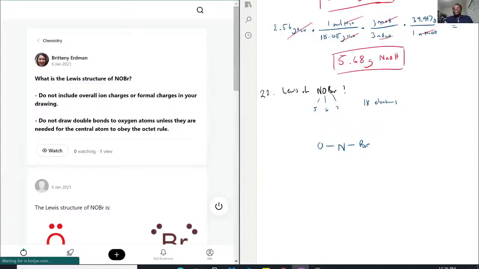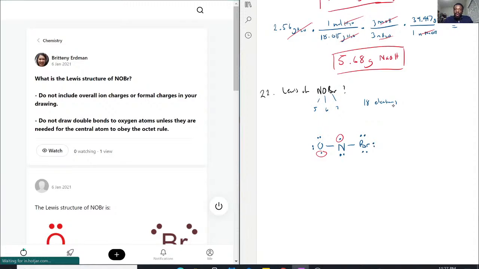So let's go ahead and fill out the rest of the valence electrons. Bromine right now is sharing 1 of its 7, so then I'll have 2, 3, 4, 5, 6, 7. Oxygen is right now sharing 1 of its 6, so 2, 3, 4, 5, 6. And nitrogen right now is sharing 2 of its 5, so it will be 3, 4, 5. So right now we have